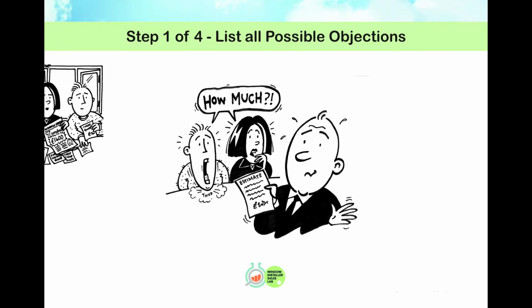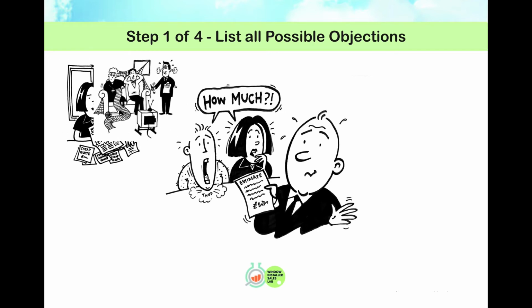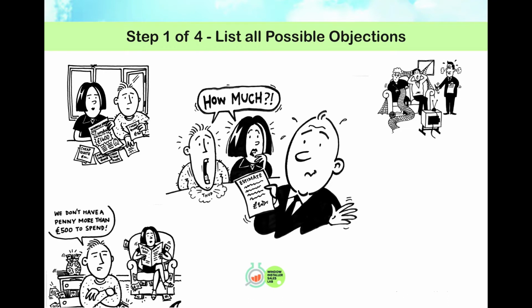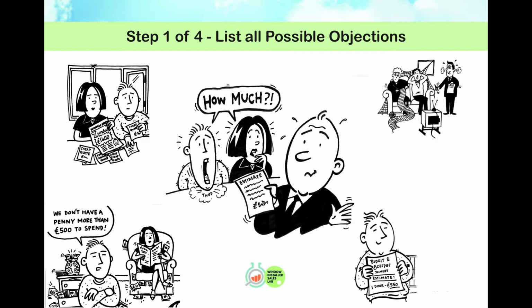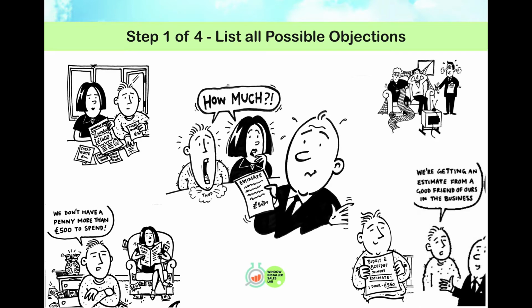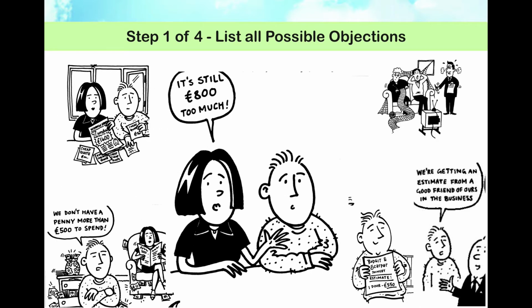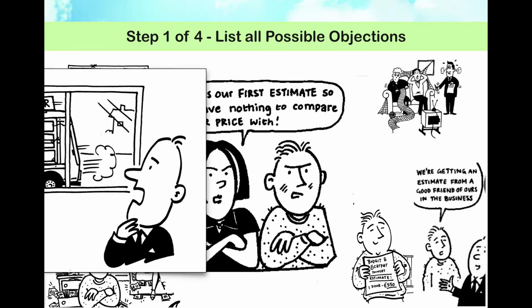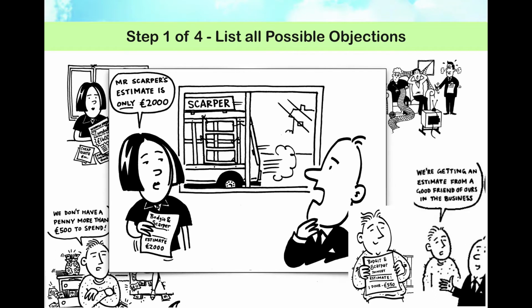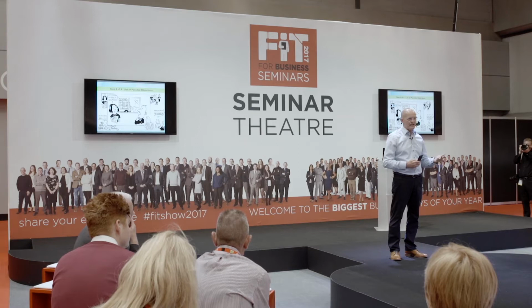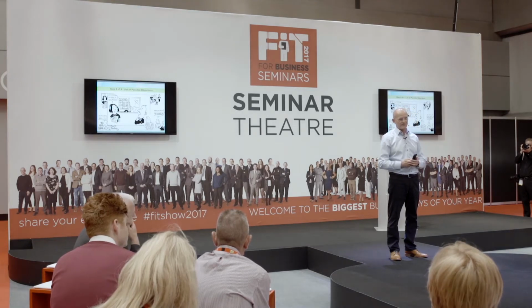So what are the possible objections? Well, of course, how much is one? I do an exercise when I do an open seminar whereby we'll list all objections, anything that stops you getting a sale. And we generally come up with the same 13 or 14 common objections from customers. And most of them are coming up on the screen as we speak. Zig Ziglar, the American sales trainer, says there's only 5 reasons people won't buy from you. No need, no hurry, no money, no trust, and no desire.